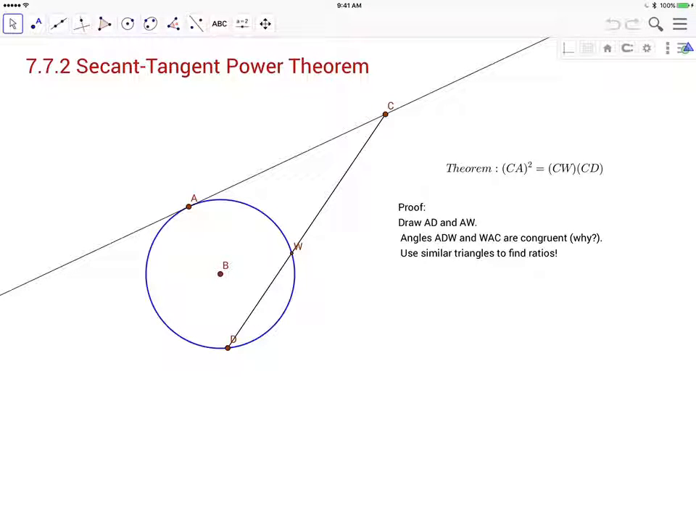Okay, here we go. Here is the second of the power theorems. This one comes from a secant and a tangent instead of two secants. There's a couple of different ways to present this. I'm going to do it very similar to what I did on the last one in terms of using some similar triangles. But the other way to think about this is that if you think,